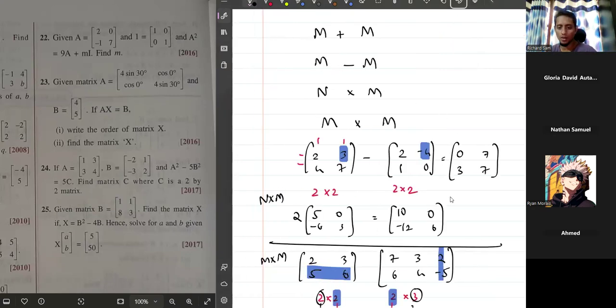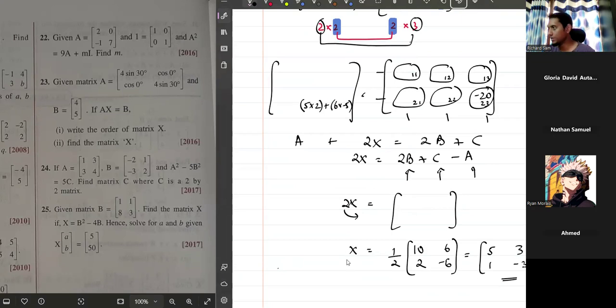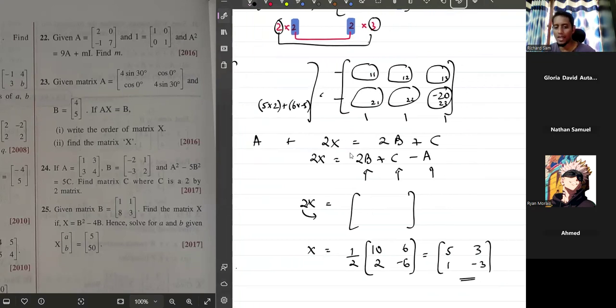Okay, now we found X in the previous question. Sometimes X will be just alone, like plus X added, so then you can just take everything to the other side and find X. Sometimes X will have a number multiplied with it, then we do like how we did here. Sometimes X will be multiplied with another